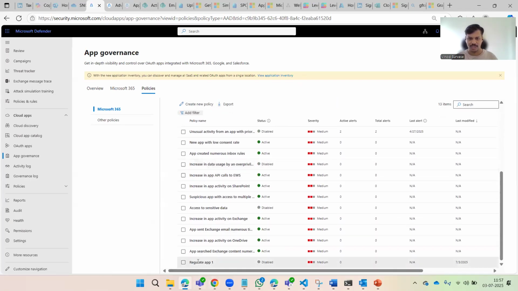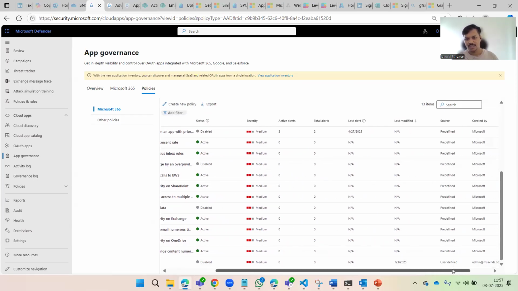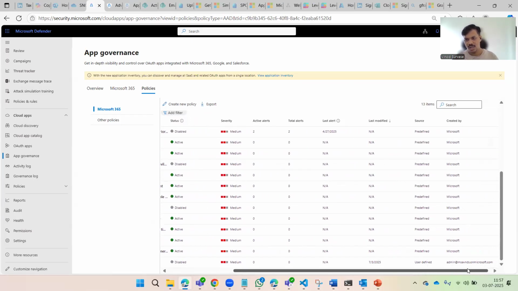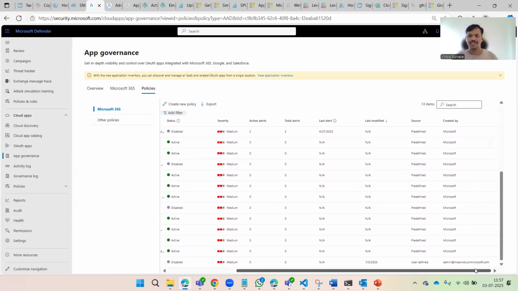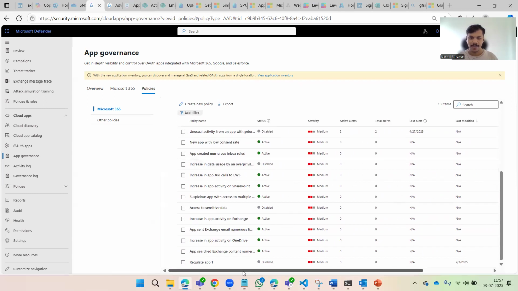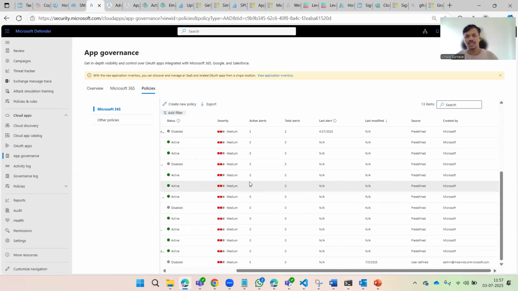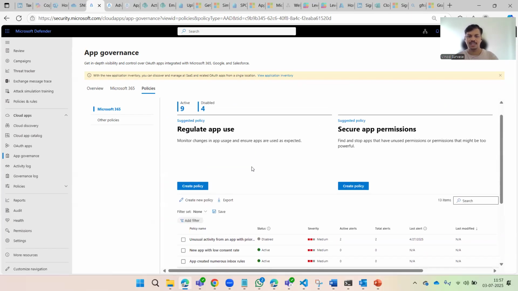This one, you can see it is disabled now, it is medium, and you can see the application or the whole policy details, right? It is a user defined policy created by this user on last modified today's date. So all of that stuff, right? So these are the default policies. There are many default policies which are created by Microsoft majorly, right? And similarly, we can also create the one,